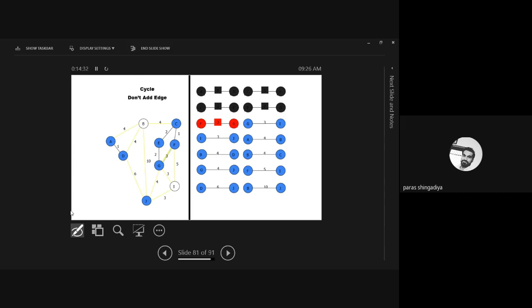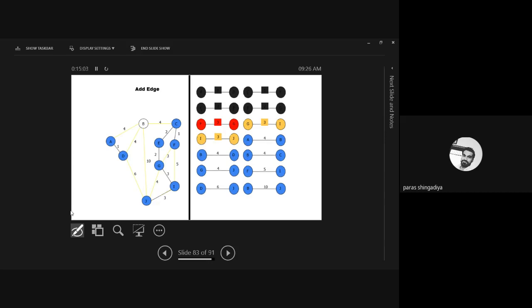We will skip this edge, okay? And then focus on the next weight. That is a 3 also, between G and I, and that we can easily include, because if you consider this edge, there is no closed walk created between any two vertices. The other one we cannot consider here because it creates a closed walk, but this edge we can easily include in our graph, and the graph has no cycle till now.